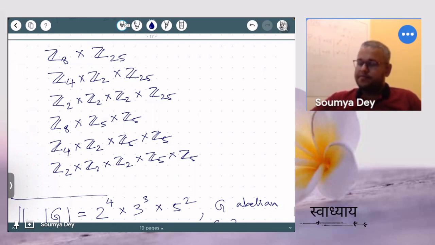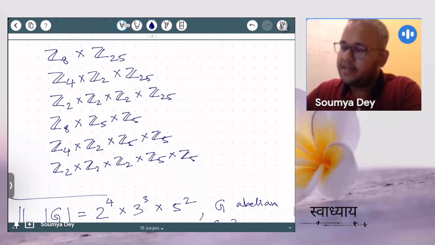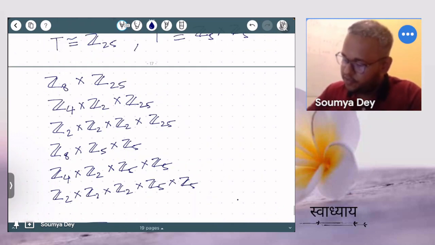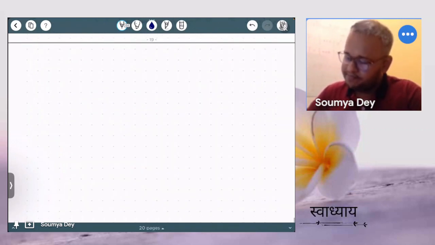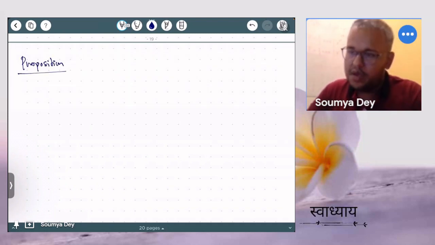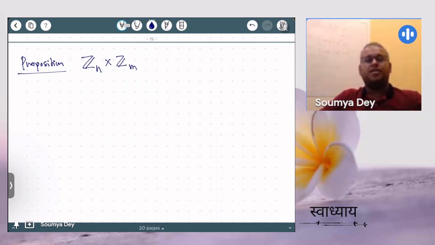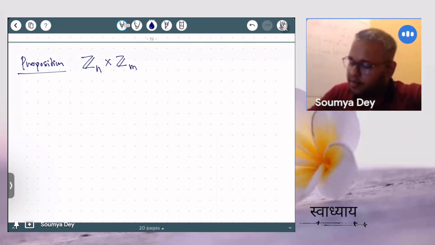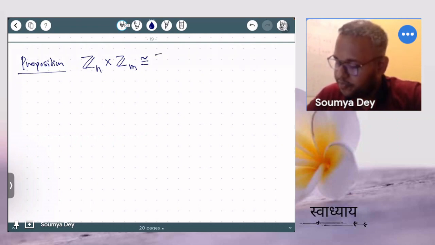Now there is one result. I guess all of you know that. So let me just state it, and if you don't know, we can give some idea how to prove it. So this is the result, a proposition. What this says is this: if you take two cyclic groups, Zn and Zm, and take the direct product of Zn and Zm, this will be isomorphic to the cyclic group of order n times m, if and only if